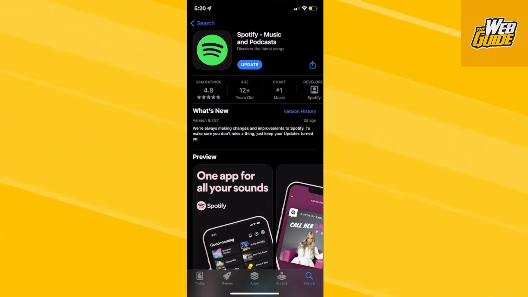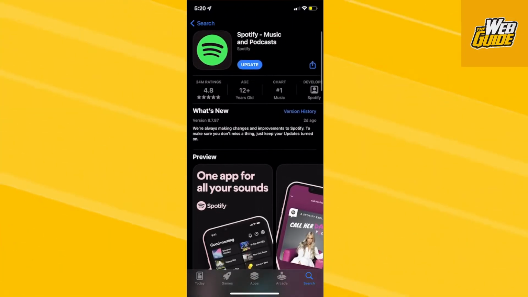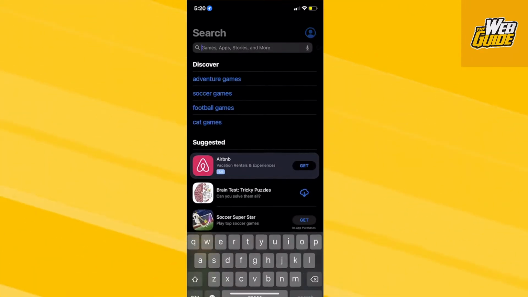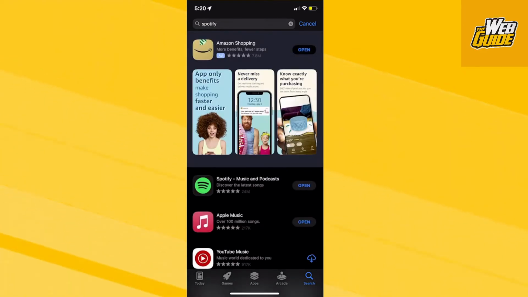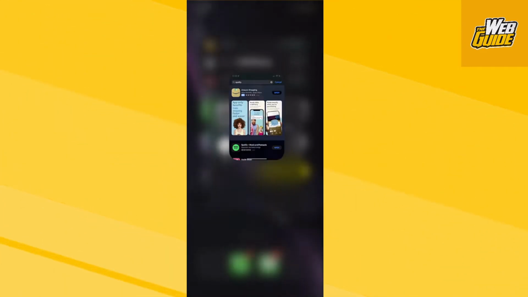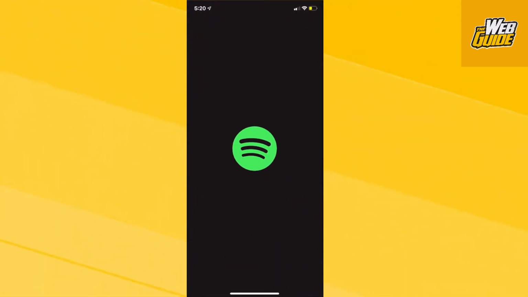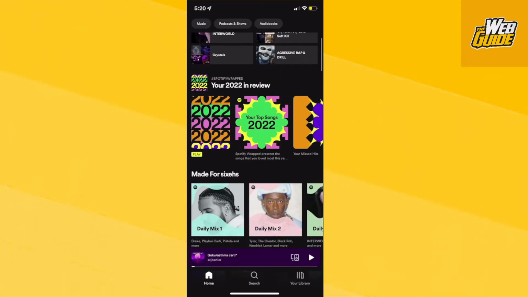So without further ado, you can see that it is finally updated. It's coming up weird on my end right here, but if we head over to Spotify and click on it, you can see that Spotify has been successfully updated. So let's go back and head over to Spotify, and then we're going to open it up again, and you can see right below playlist, our Spotify 2022 is right here. So you can go ahead and click on it, and you can see,